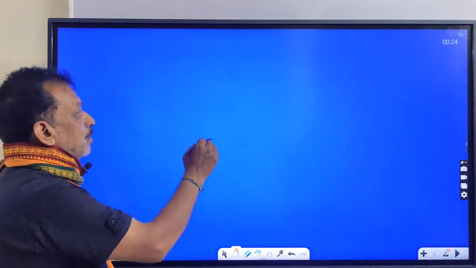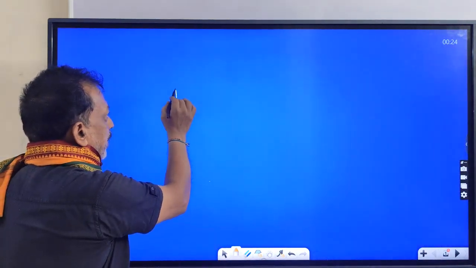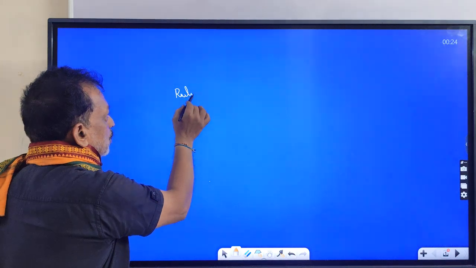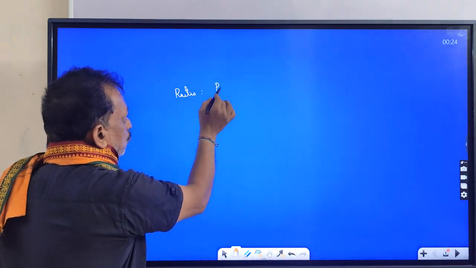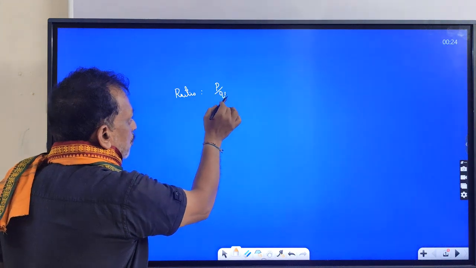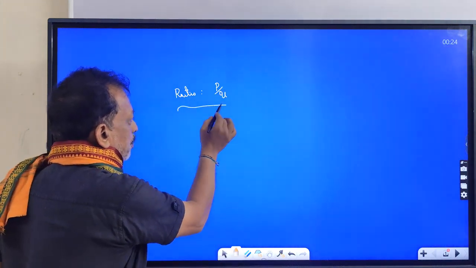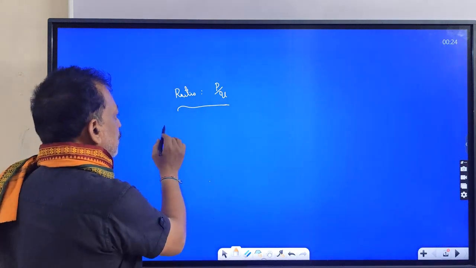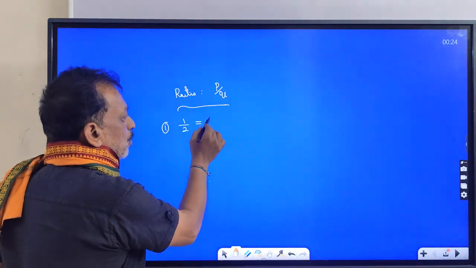Right. So the ratio form, that is P by Q. This P by Q is more important in our calculations. So, more important in our calculations. Now you have to know that 1 by 2 value. 1 by 2 is equal to